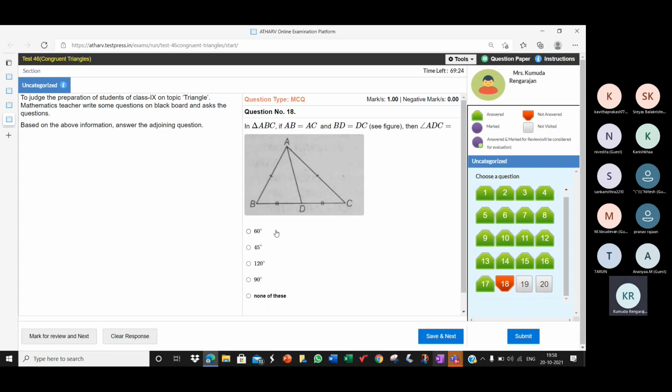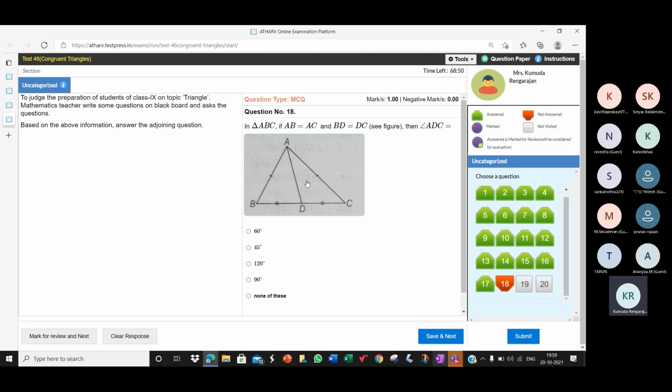Yes. Okay, then continue. Please continue from there. He says ADB is equal to ADC. Yes, ma'am. If we assume both as x, since it's a linear pair, we can have 2x is equal to 180, so x will be 90. X is equal to 90 degrees, which means ADC is equal to 90 degrees. Very good. So the measure of angle ADC is equal to 90 degrees.